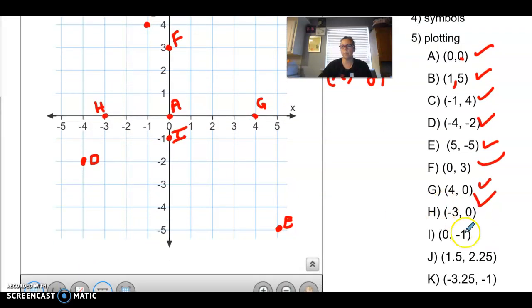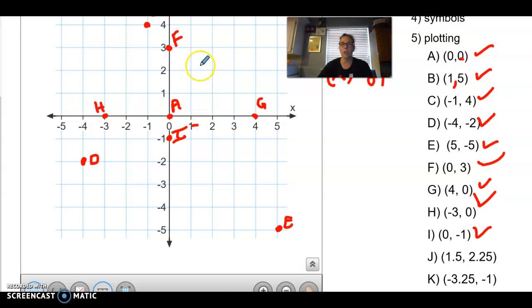Okay, so let me see if I can scroll down a little bit. These last two, we are not going to panic because there is a decimal in there. It is okay. We know what these are because we've already talked about decimals on a number line, and fractions on a number line and all that stuff. So 1.5 means 1.5. Where is that? That means my elevator is at 1.5. It's right here in the middle. And we're going to go up. It's kind of like Harry Potter and the 9 3/4 train station platform. So we go over to 1.5. We're going to go up to